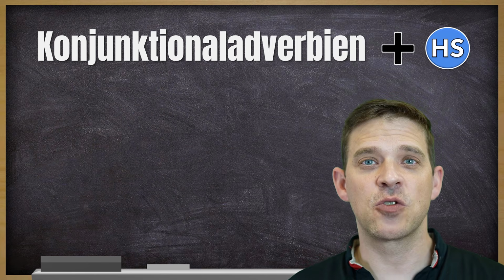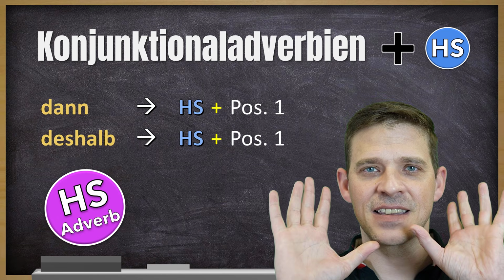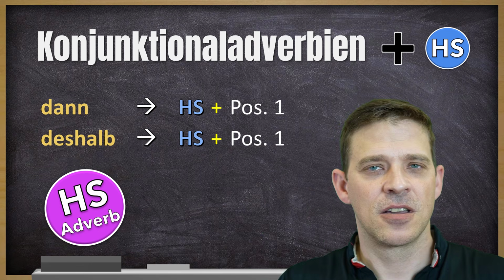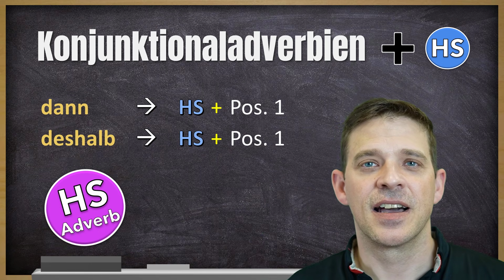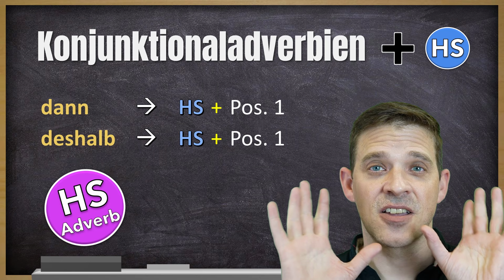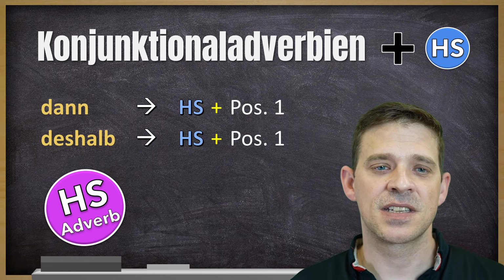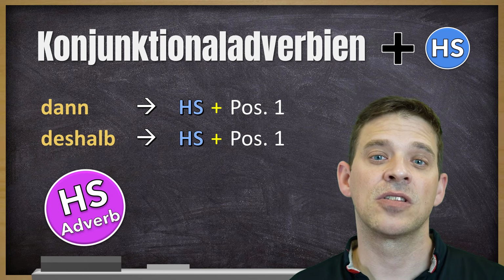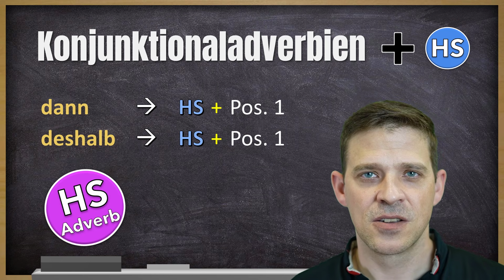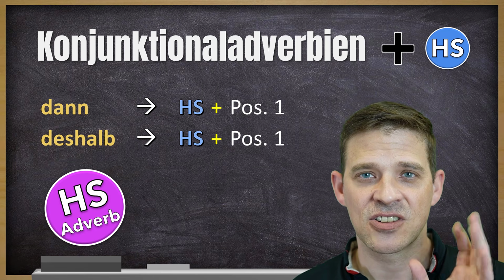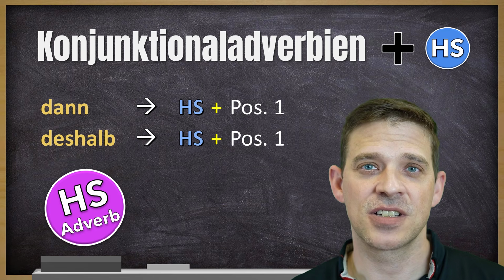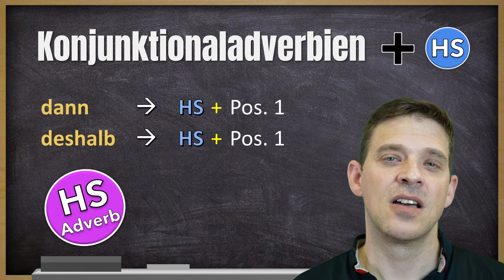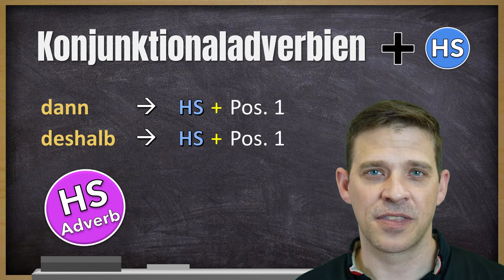And then we have Konjunktionaladverbien, again, a grammar term, not important. Maybe you heard it before, maybe you will hear it in class someday. Again, it's just another connector, but important is they are followed by a main clause and stand on position 1. So again, only important are actually the first 6 conjunctions which stand on position 0. These you have to keep in mind. All the rest is position 1.